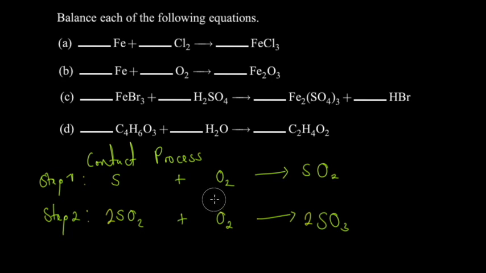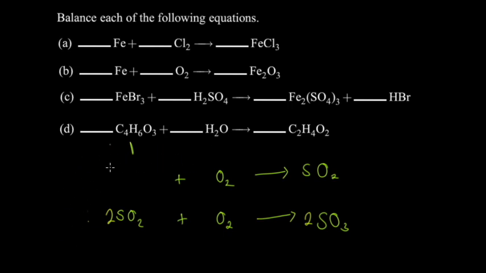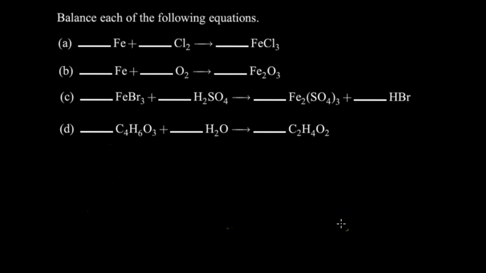There's 2 steps. Okay, we're not going to do the third step. The third step is the manufacture of sulfuric acid. We are not going to do that one. Instead we're going to practice. We're going to pick up one question from there, and then we are going to practice for the photosynthesis